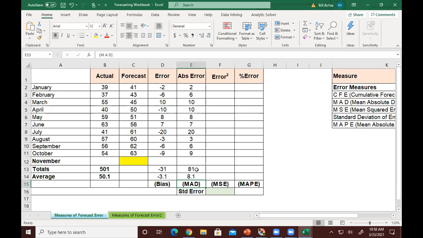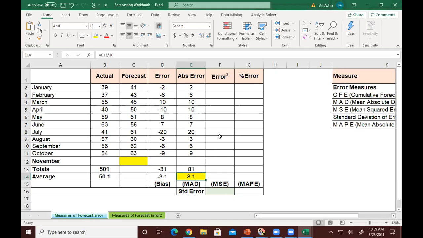If you get a question and you can't remember what MAD was, just remember it is the mean of the absolute deviations. So you first calculate the absolute deviations and get the average, and that gives you the mean of those absolute values. This is a number I usually like because it tells me that if I look at the different numbers and compare, on average, I'm usually off by around 8